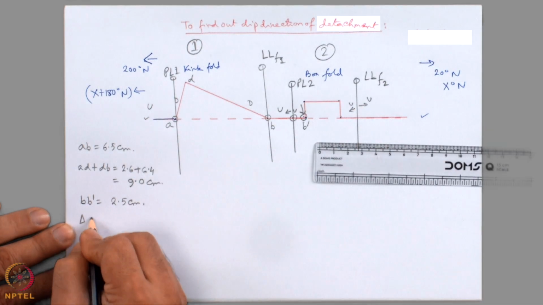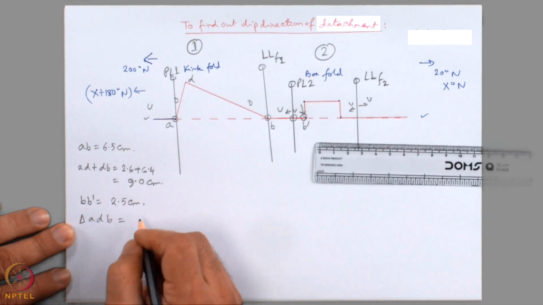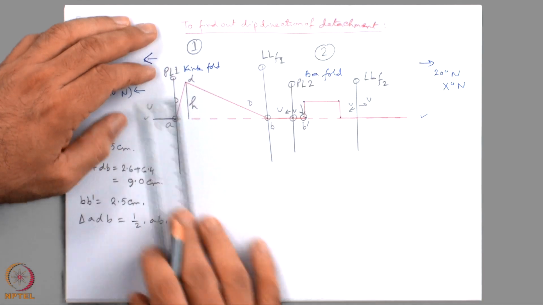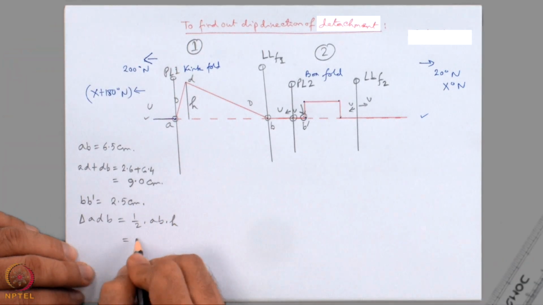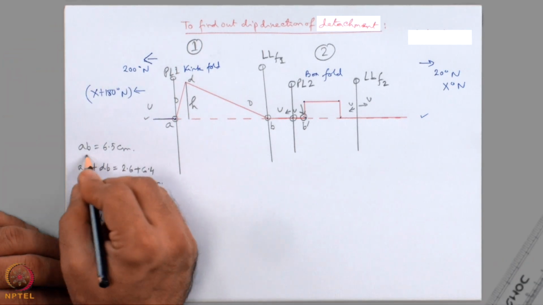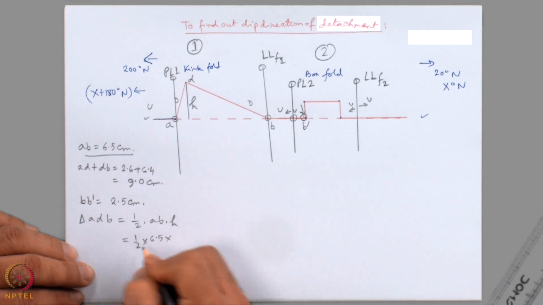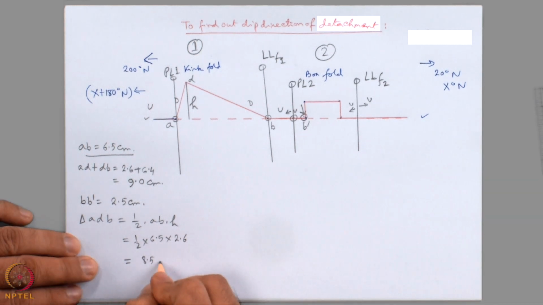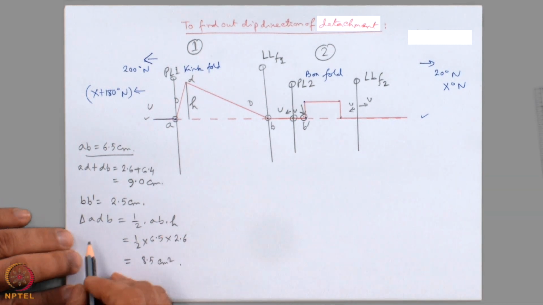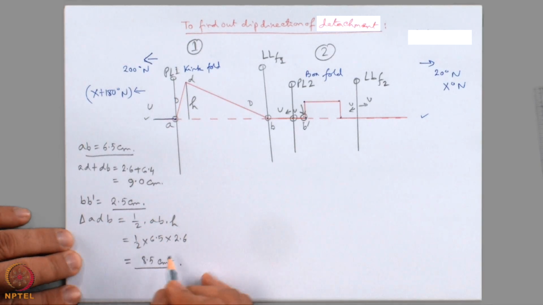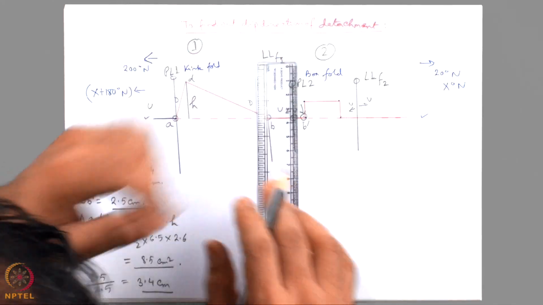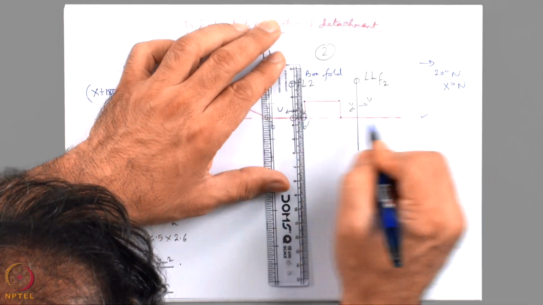Next, find out the triangle ADB's area, which is equal to half multiplied by AB multiplied by H, where H is 2.6 centimeter. So, this is half multiplied by AB already measured 6.5 multiplied by 2.6, which is equal to 8.5 centimeter square. Next, I divide this area by the BB dash length. 8.5 divided by 2.5 is 3.4 centimeter, which means I can draw a line perpendicular to this line